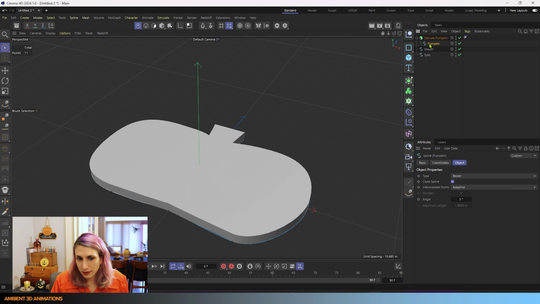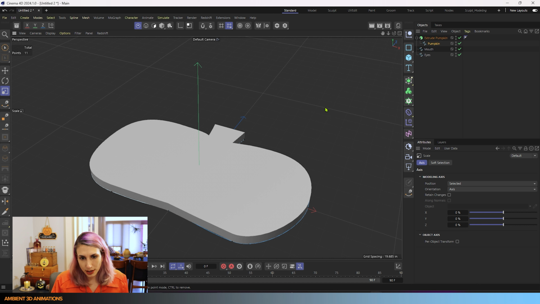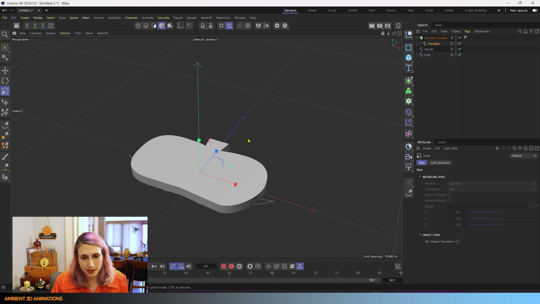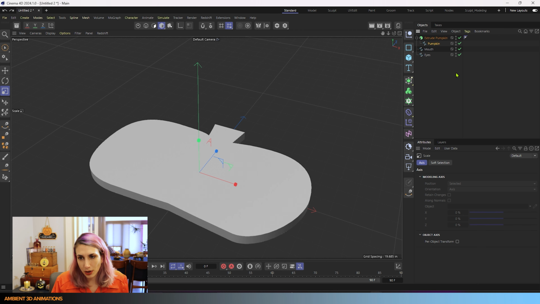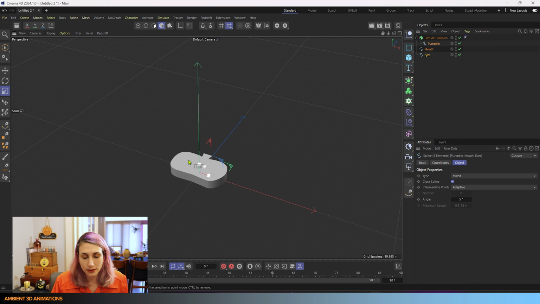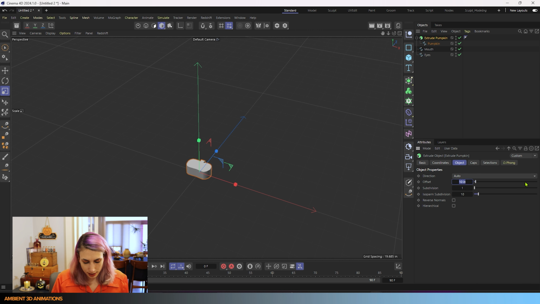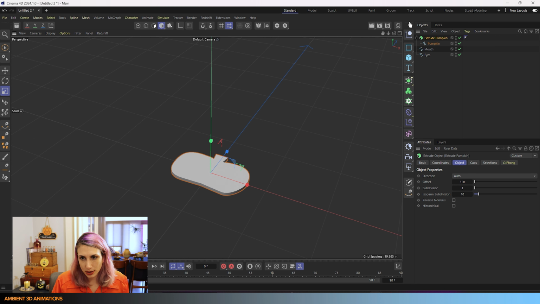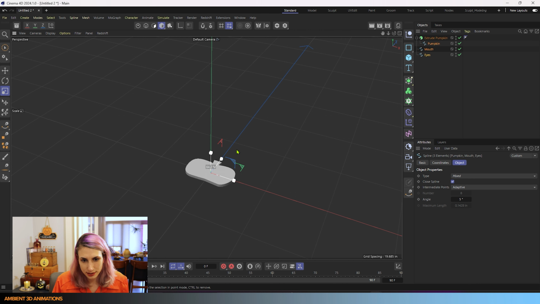And this is actually rather large. So what I can actually do is I can grab this entire object and we can just scale this in and make it smaller. But maybe we want to also hold down Control and select the mouth and the eyes so that we're scaling all of our splines together as a group. And I'll make this offset 1, and that's the amount it is extruding. So now it's a smaller cookie. We didn't need it to be quite so giant.